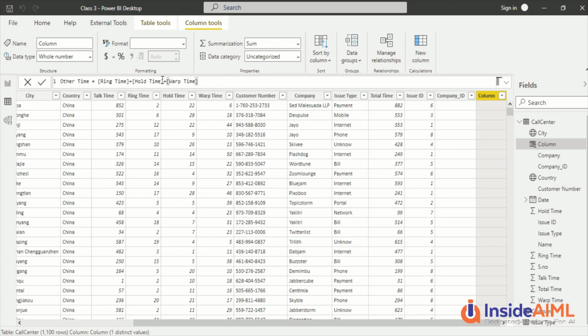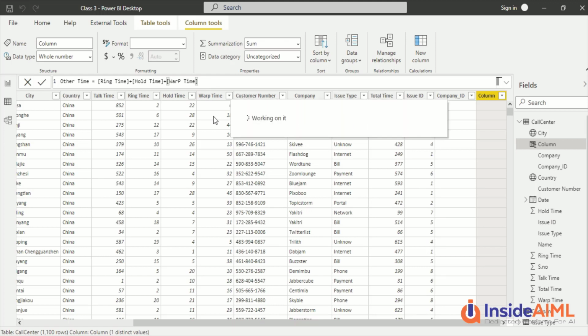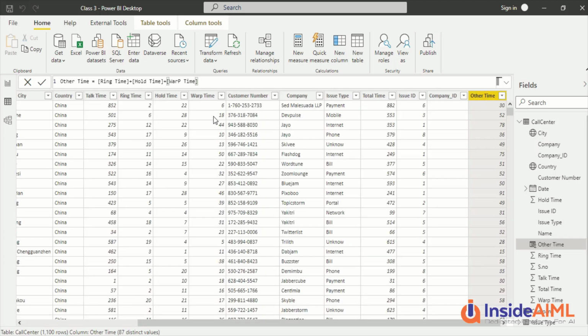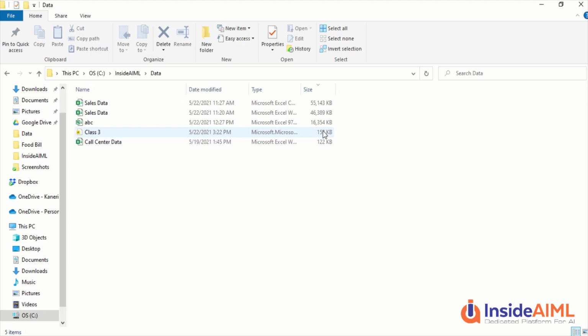And let me do one thing just to check whether it is case sensitive or not. Let me call this as P with capital P, and let's see it out here, and then click here. It's going to create a column. It's created a column. Let's save it, and let's go back and check, is there a change in the size? So you will see there's a small change in the size out here. The file size has increased.